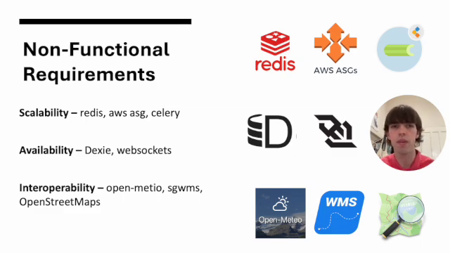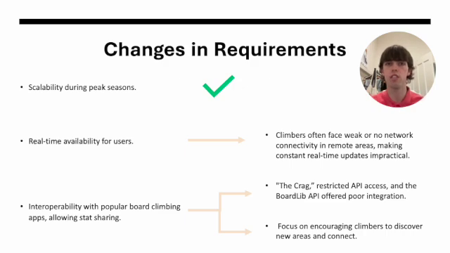Using OpenStreetMap, anyone can add a location to the WhosClimbing map. Interoperability with an open source API means that our application can grow without our users having to manually add climbing locations. The map is progressively updated and enriched with new points of interest as the user navigates around, using the geo-enriched Celery worker. Effectively, our app is able to benefit from people using OpenStreetMap, which is really vital in the early stages of development and for a minimum viable product, where we won't have a heap of users using our application. The app really prioritized interoperability with board climbing apps, scalability during peak seasons, and real-time availability.